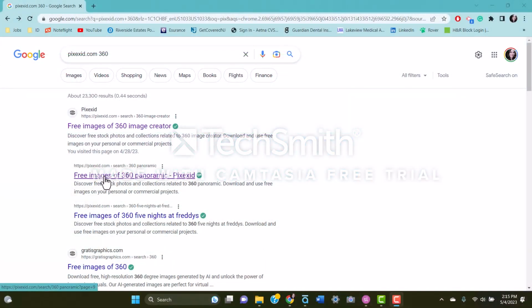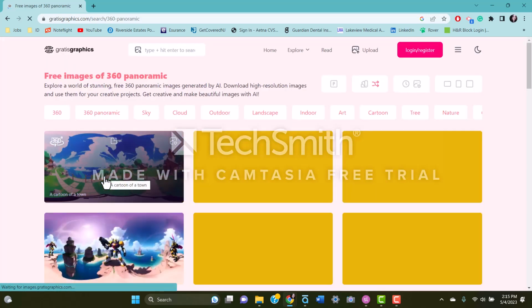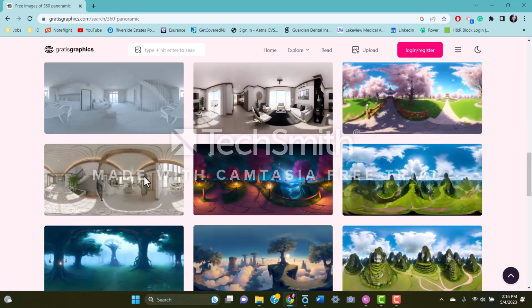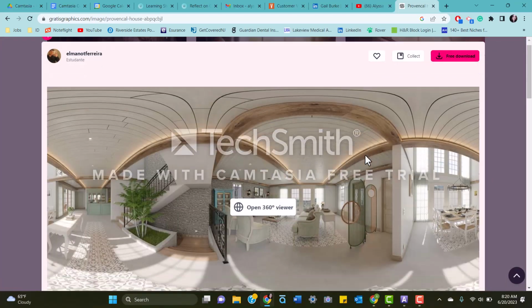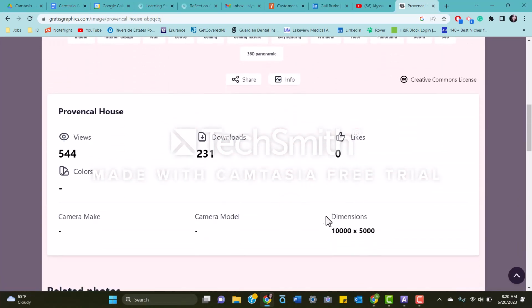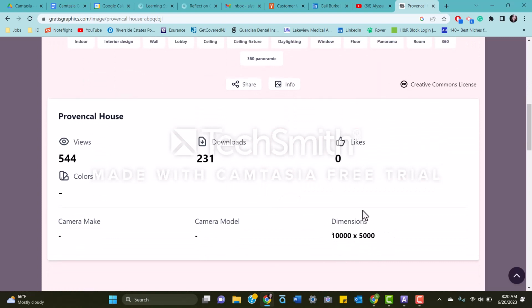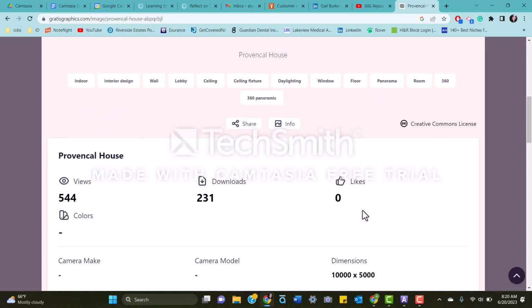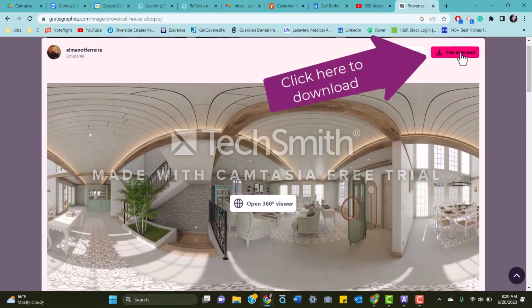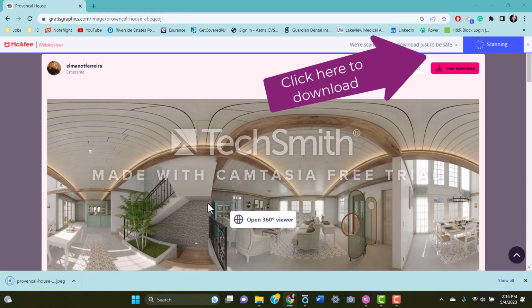First, you need to get a 360 image, and a great place to get one for free is Pixazid. The important piece to note here while we're looking is that you need an image that is at least 8,000 by 4,000 pixels. Otherwise, you'll have problems with the image not loading properly into Storyline, and you don't want that. So, once you found an image of the appropriate size, download it to your computer, and we can head into Storyline.